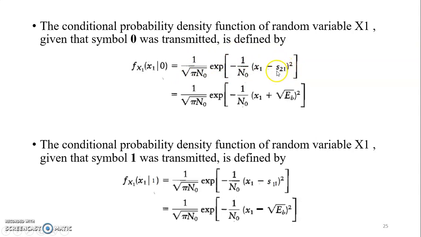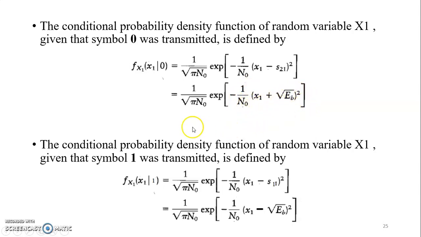That is, the Sij corresponding to the symbol 0 is represented by S21, the message coordinate corresponding to symbol 0 that we studied in the previous lecture. The value of S21 corresponding to symbol 0 is minus root Tb. So we substitute it in place of S21, and the expression becomes 1 by root pi N0, e raised to minus 1 by N0 (x1 plus root Tb)